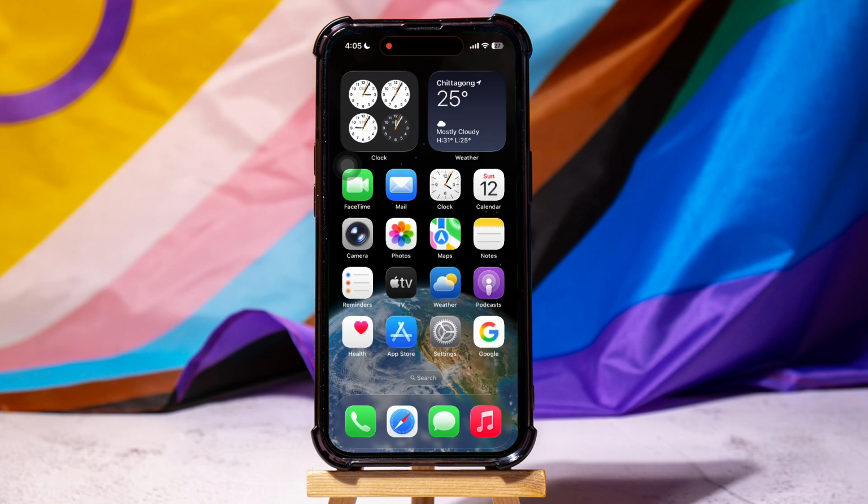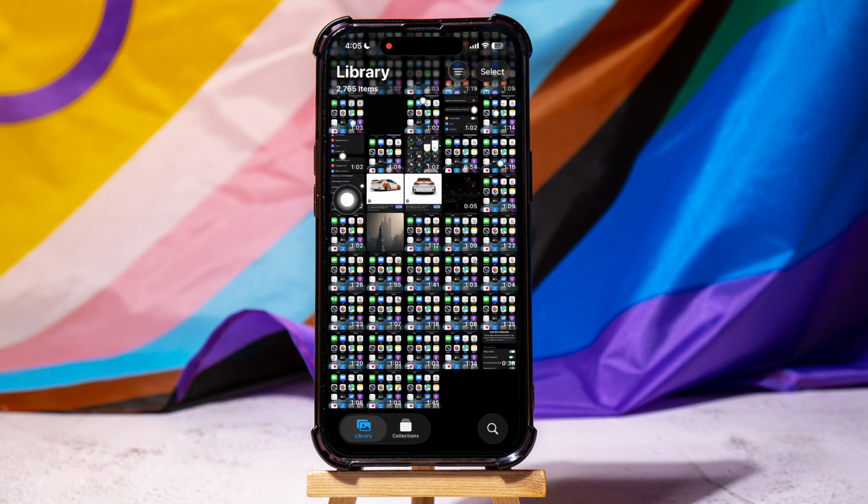How to use Photos app on iPhone. To get started, first of all go ahead and open up the Photos application on your iPhone. Once inside, by default you will be in the Library tab, and here, you can view all the photos and